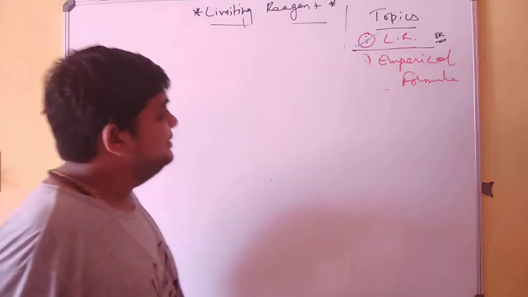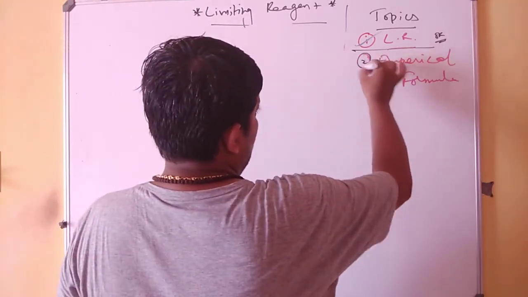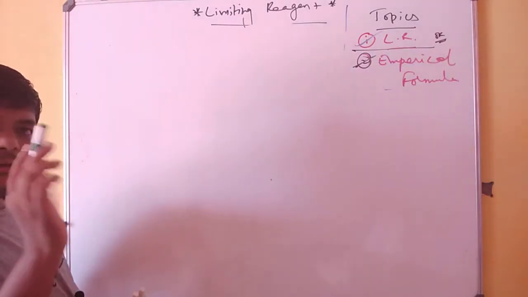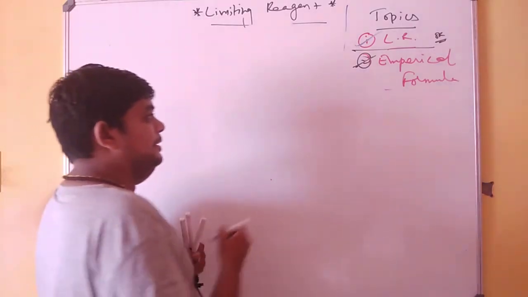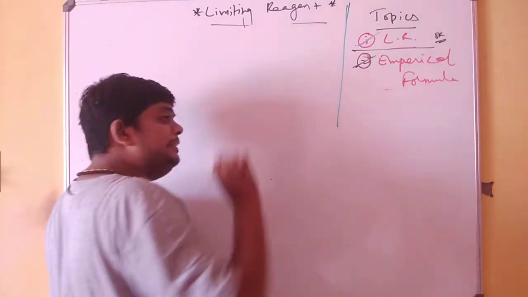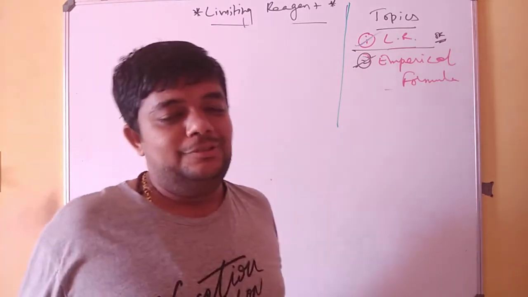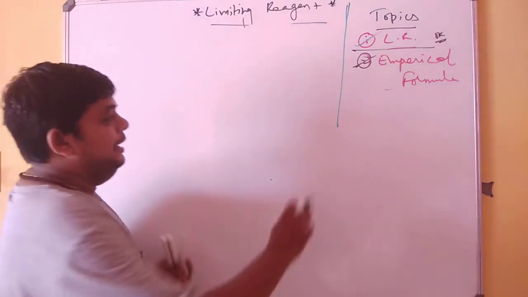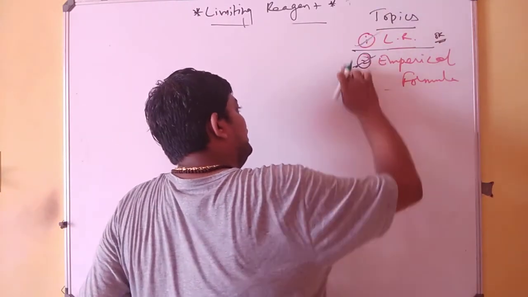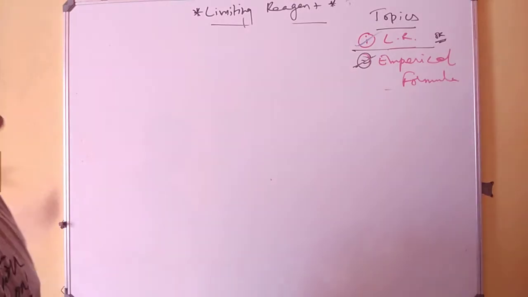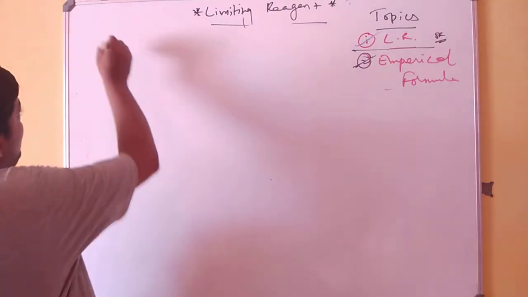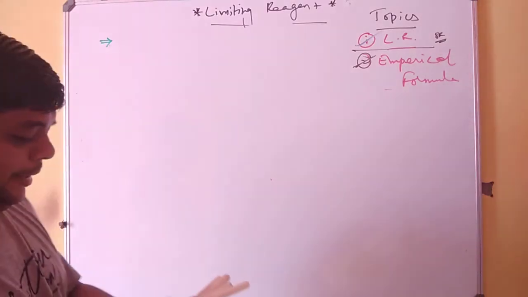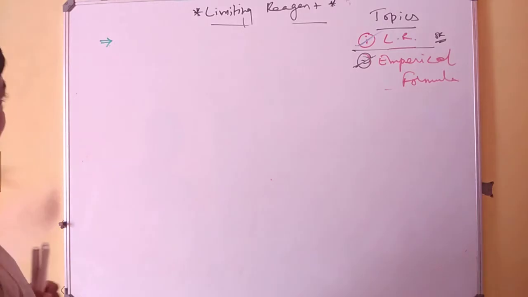Topic on demand 1 is done. Coming to the topic on demand 2, that is empirical formula. Let us find out what this empirical formula is. I'll just take an example and help you solve this question. Rather than going either way, let me go this way. I will be very easily able to help you get to your answer. Let us take one question. I hope I will be able to justify this topic, empirical formula, by just one simple example. Let us try.